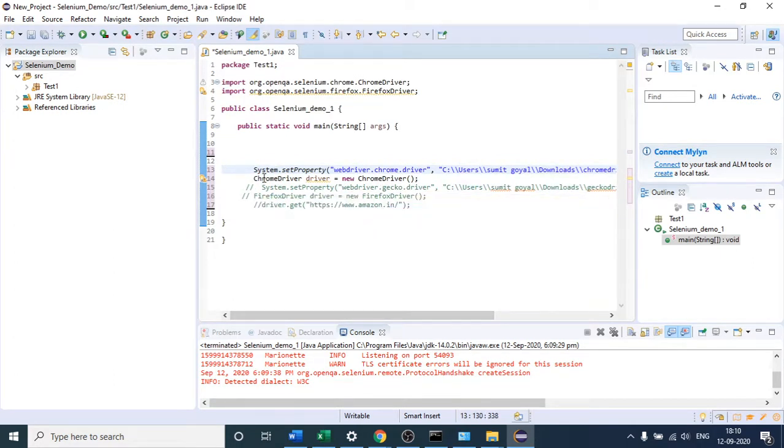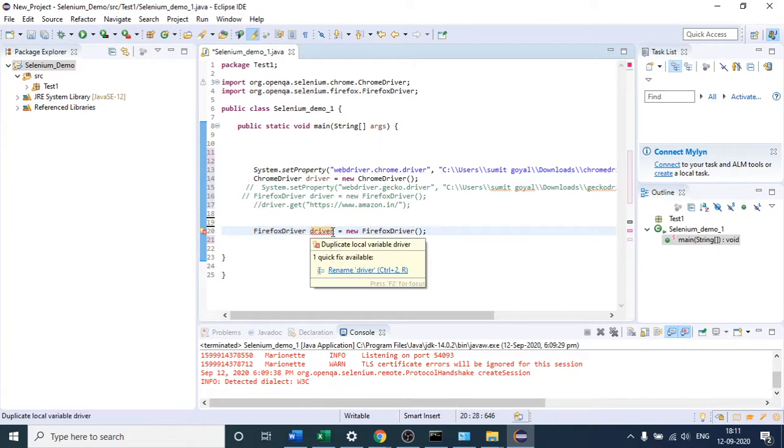As of now, you are seeing that I am writing this. And if I have to trigger my test case on the Firefox browser, I have to write it like this. String name fire. Let me import the package as well. Again a small f will come here. Suppose the object name is driver2. So I have to write 2 here.